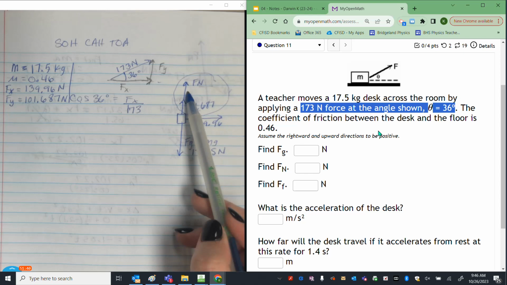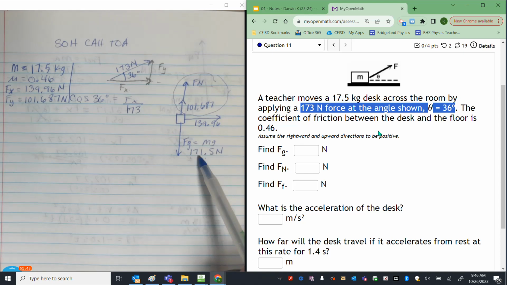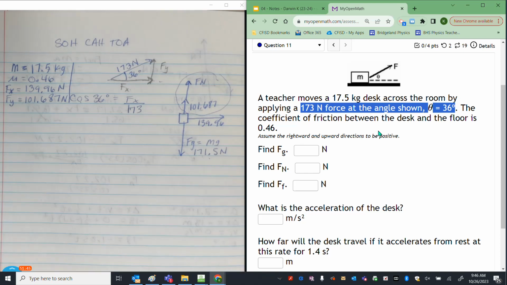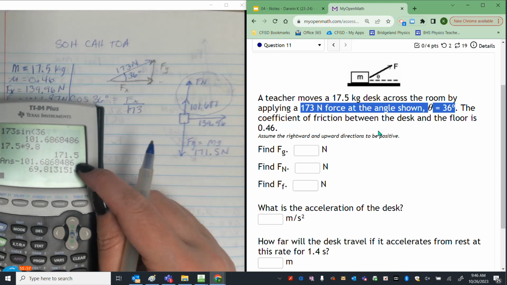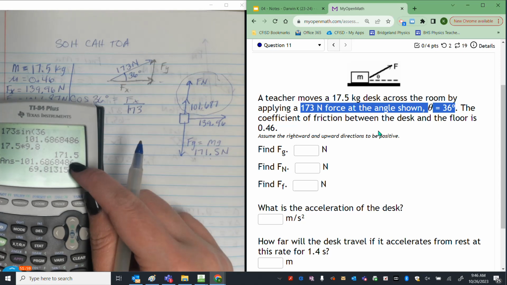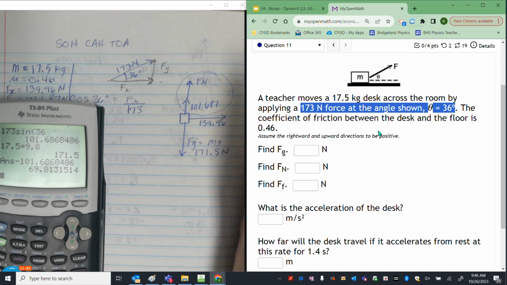If I want to figure out what that something is, my Fn, I just need to subtract 171.5 minus the 101.687. And I can solve for my normal force that way. So when I subtracted that 171.5 minus that 101.6868, it keeps going, I get my normal force, which is equal to